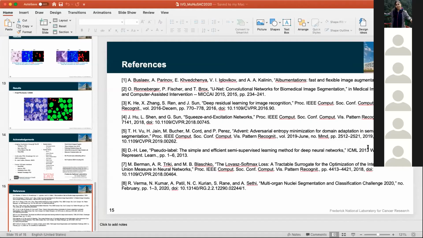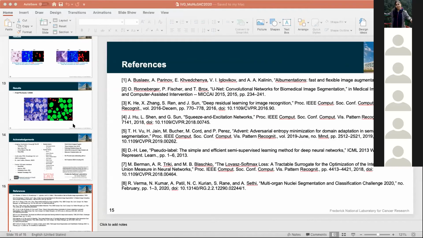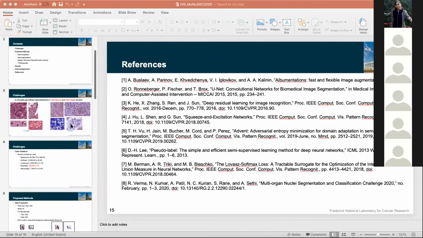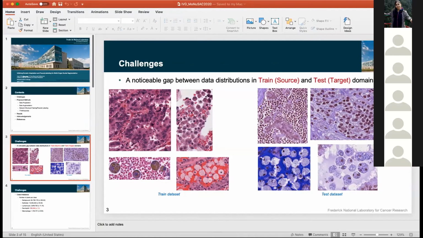Can I ask a question, please? It's Simon here. Sure. Could you please go back to the slide where you're showing the stain variability between the train and test? Sure. This slide? Yeah. Here, I'm pretty sure that the reason there's a difference is not necessarily because of the stain. On the left you've most probably got RGB, and it looks like it's BGR on the right-hand side. Because if you look, there are some regions that most probably should be red, and they're very distinctly blue. So I think the color channels are just mixed up here.